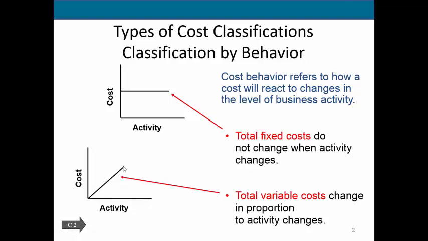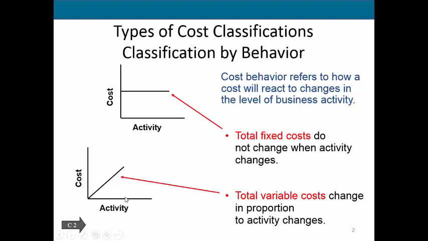A typical example of a variable cost would be, for example, our direct materials. So let's say we are making bicycles, and the cost that we're looking at right now is the cost of our tires that we put on the bike. Let's say tires cost $10 per bike. We're just throwing some numbers out there. If we make 0 bikes, then we have a cost of 0 because 0 bikes multiplied by $10 is 0.